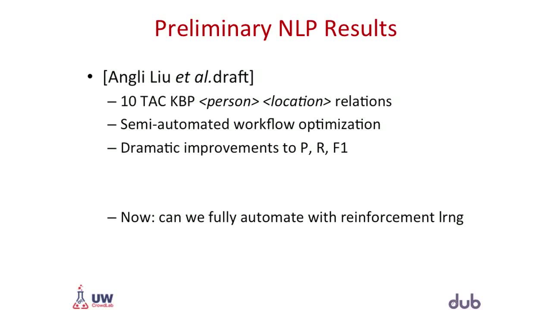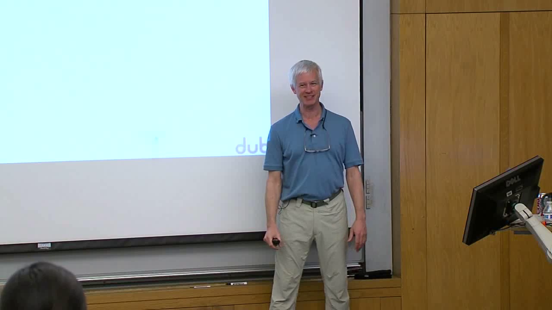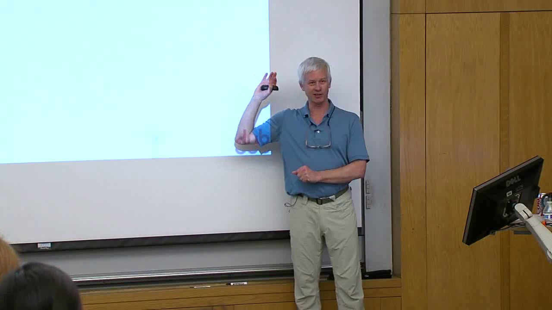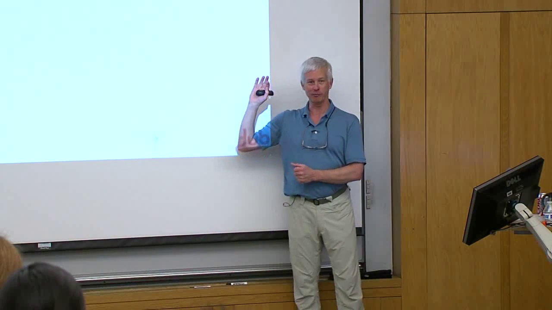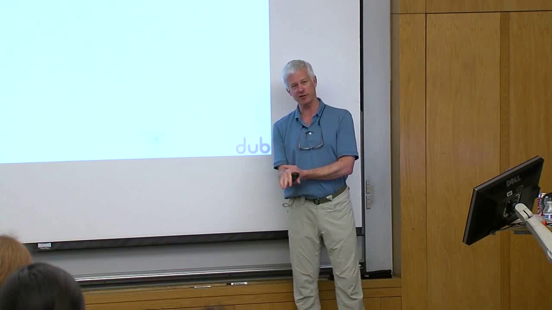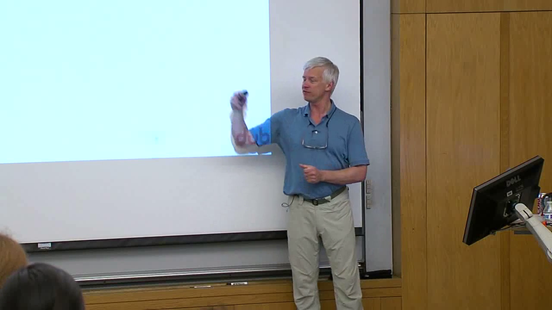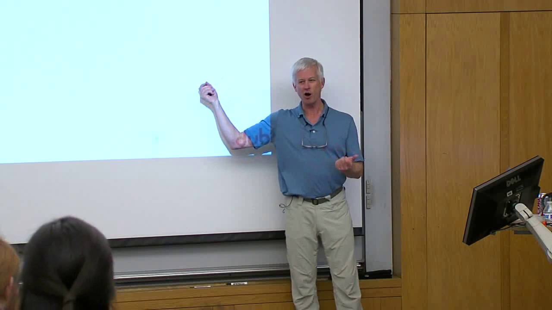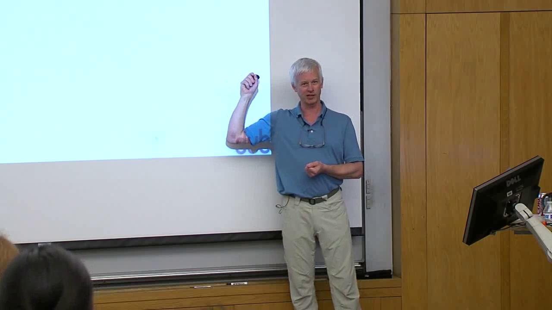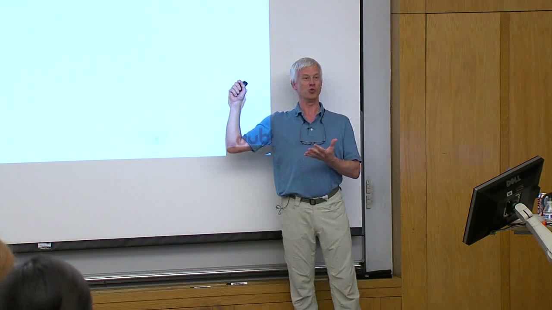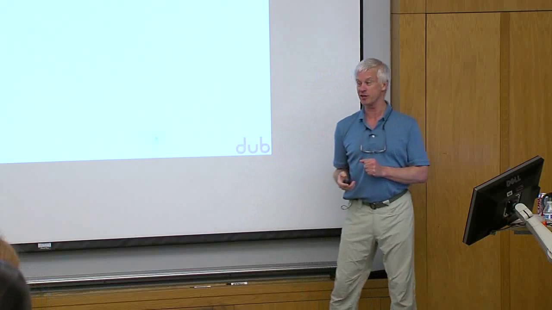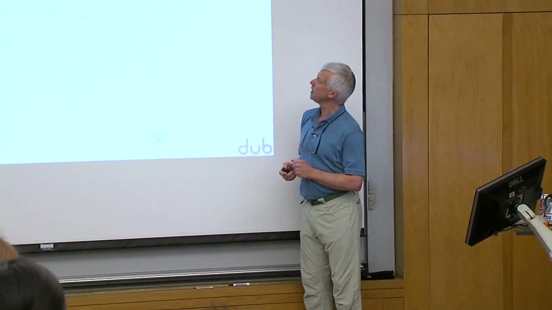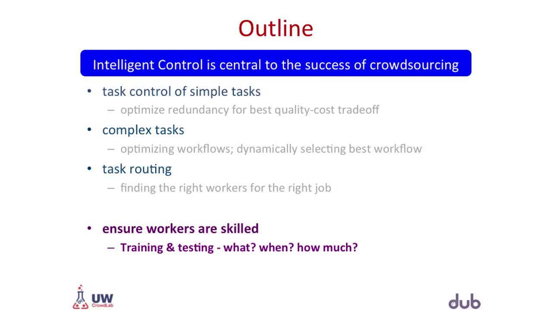Now, you guys, I expected you to jump out of your seats when I said 60%. But a 20% improvement on this task is actually mind-bogglingly impressive, because usually you see like 3% improvement, 4% improvement. The fact that we didn't have to come up with a graphical model, we didn't have to come up with an active learning algorithm, all we did was pay attention to the crowdsourcing and get really good data, and who would have guessed? All of a sudden the learning algorithm does much, much better. Anyway, that's kind of cool, but let's get back to this control problem.